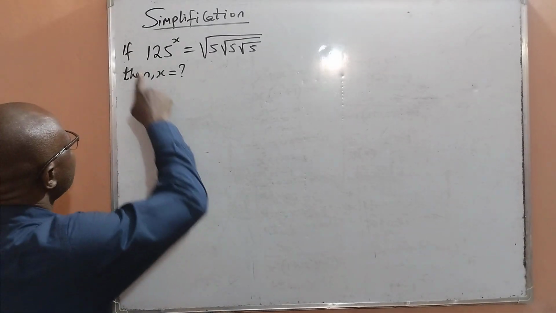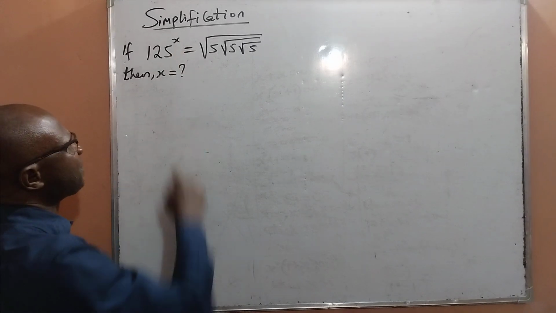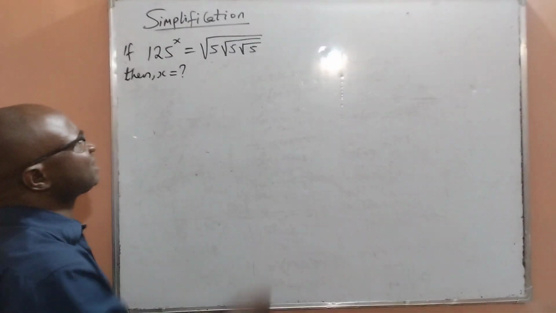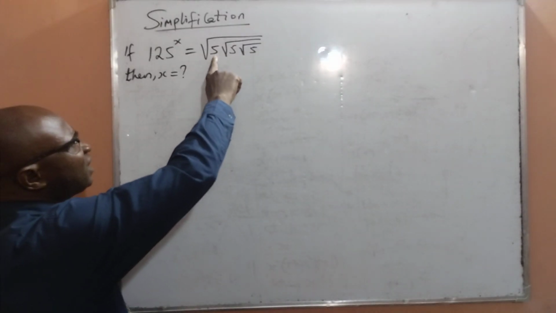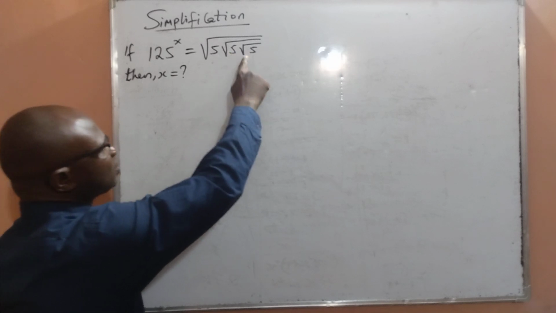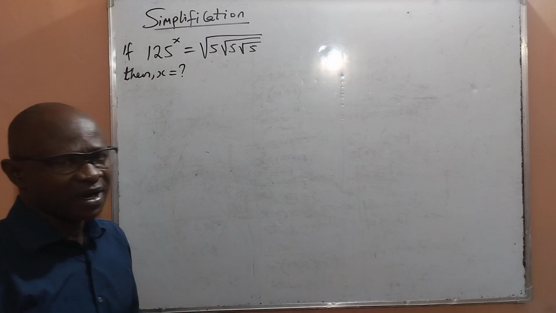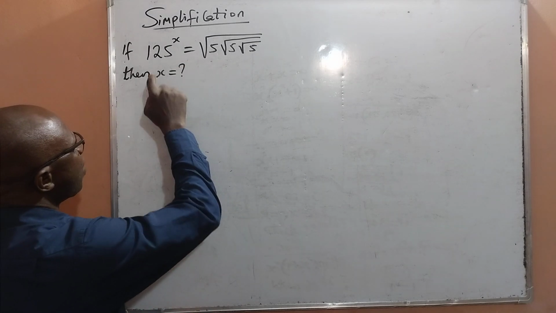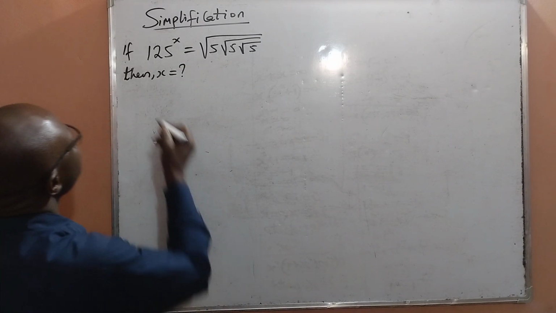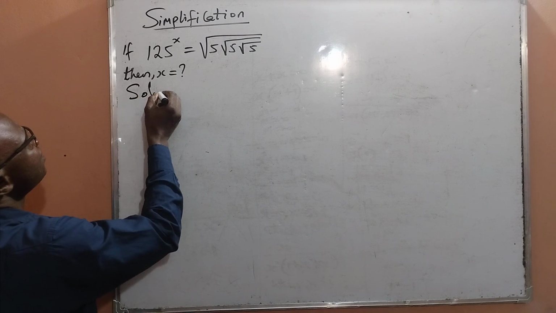We want to take a simplification. It is given that 125 to the power of x is equal to the square root of 5, then under the square root, another square root of 5. Then what will be the value of x? Let us solve this problem. Solution to this: